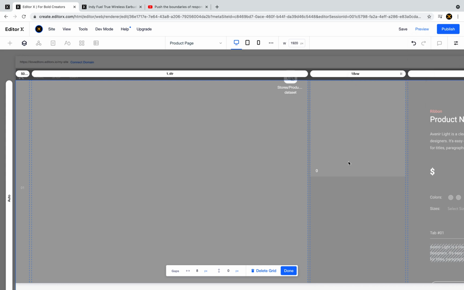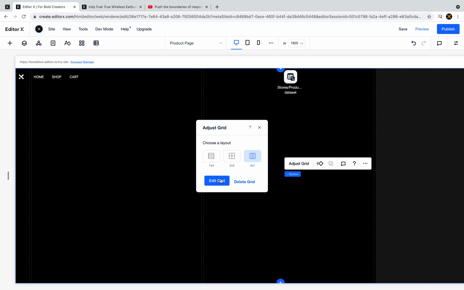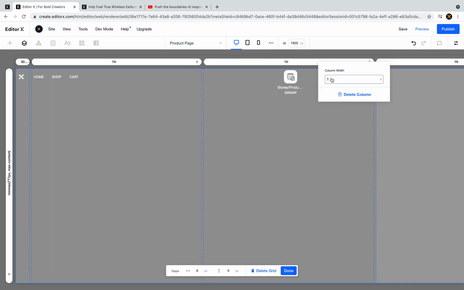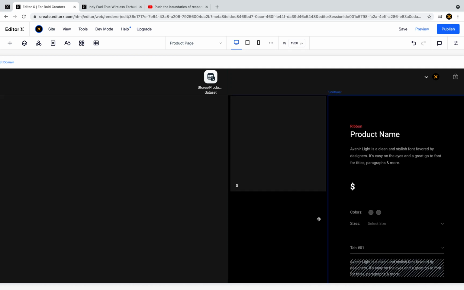Okay. All right, so let's change it in our grid. This should be 18 VW. All right, and this one will take all the rest of the place that is left. I forgot about this one. Let's see,